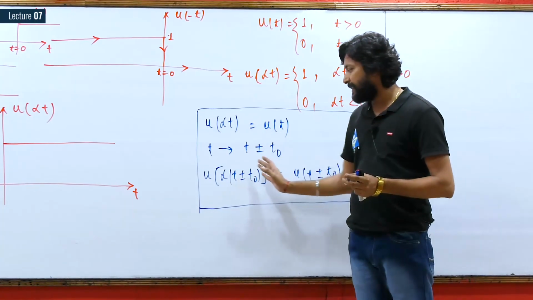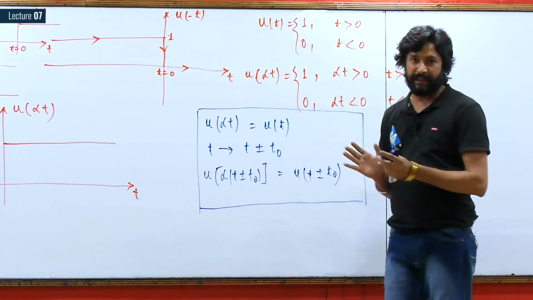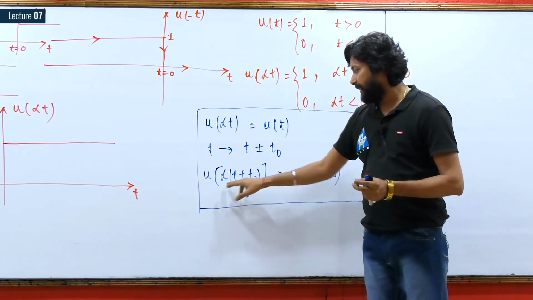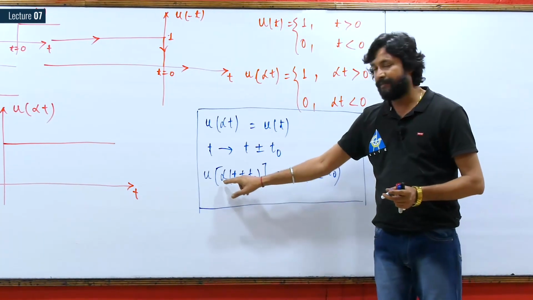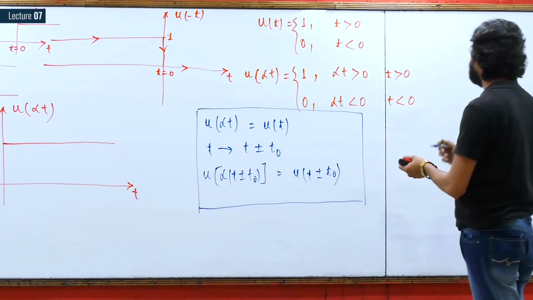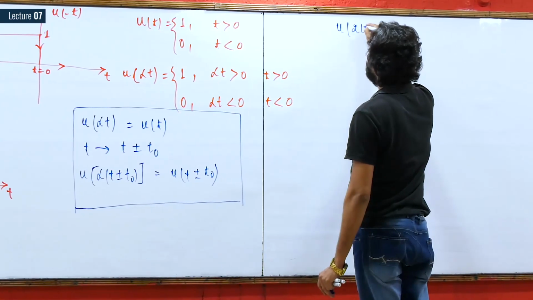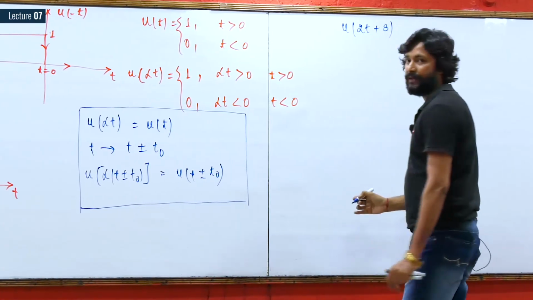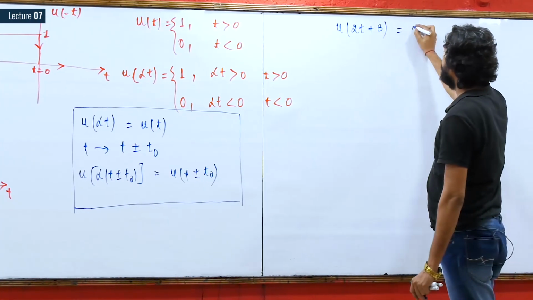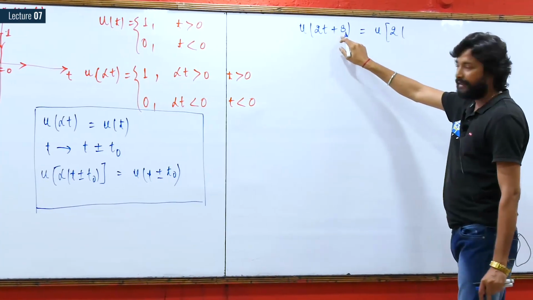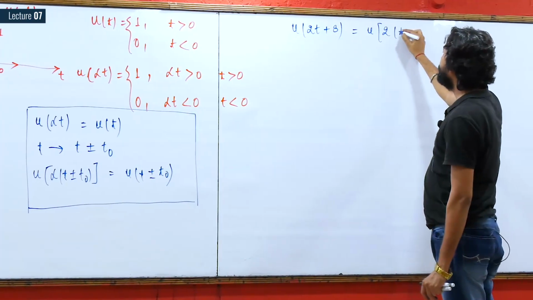And if you have taken some scaling and some shifting, then if you take the scaling factor outside, you can directly discard this scaling factor. See what is happening here. If you have a function u of 2t plus 8, then you can take this 2 common, and the shifting will now be t plus 4, that is